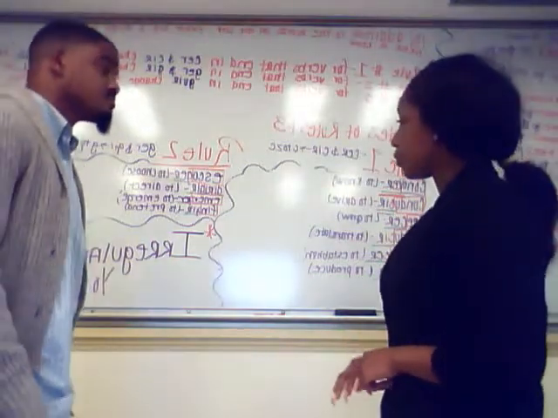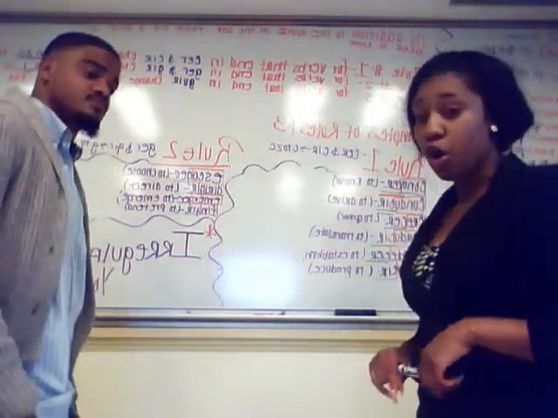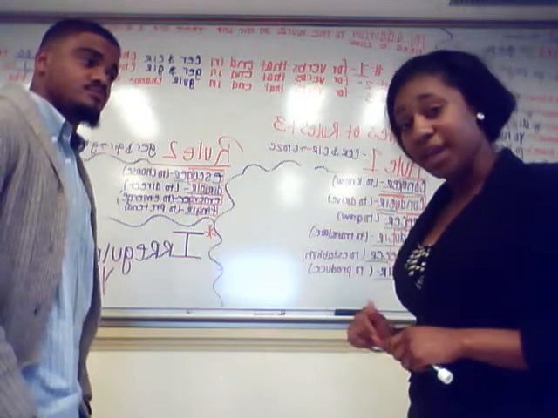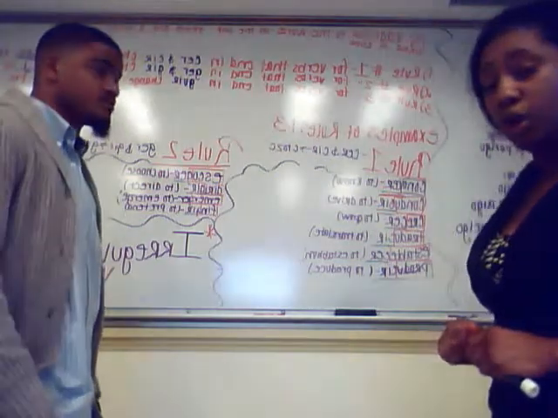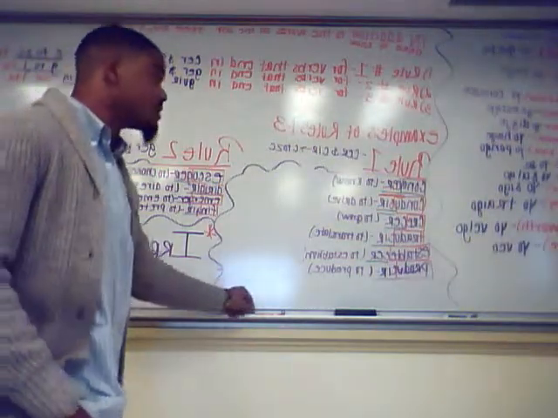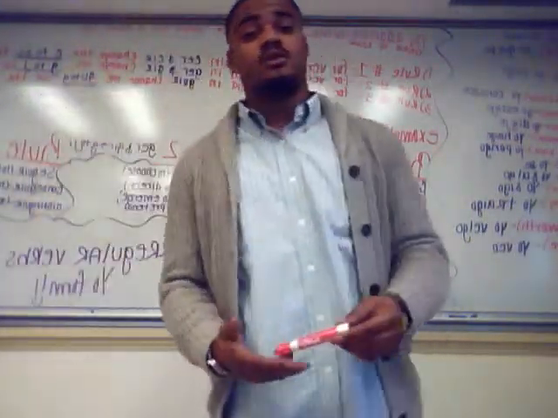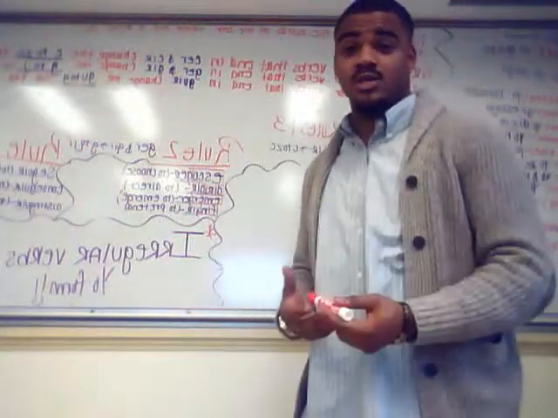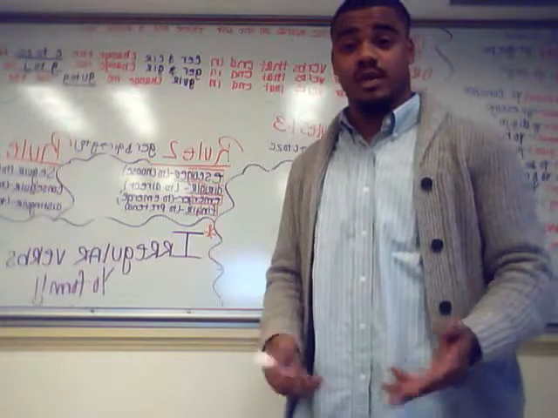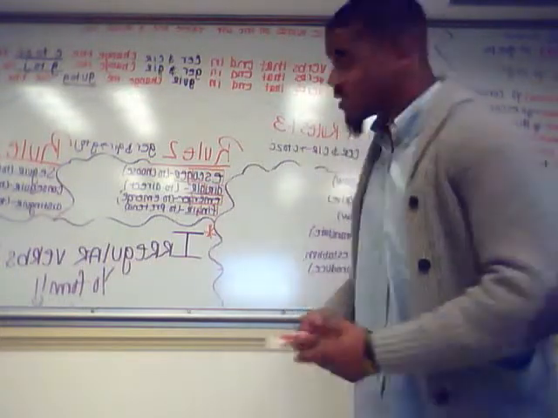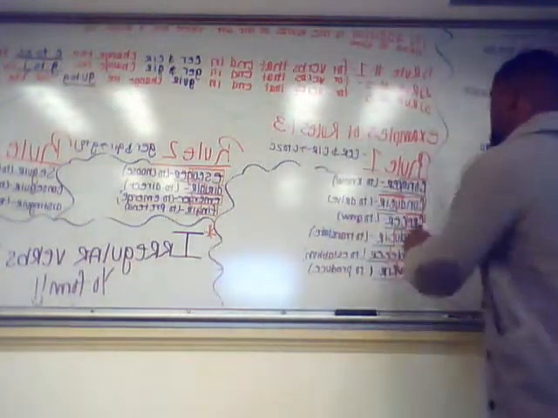Now, here are some examples of our rules. We're going to go over all the rules that you need to know and give you some examples of them, okay? So here are some words that go along with rule number 1. Alright, so what I'm going to do, I'm going to circle the part that we will be changing and what will not stay the same. And Paige then is going to write in what we will change it to, okay? So, number 1.